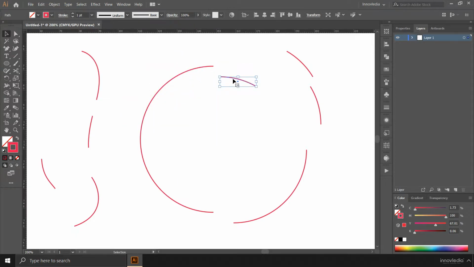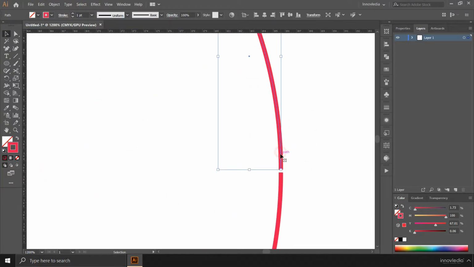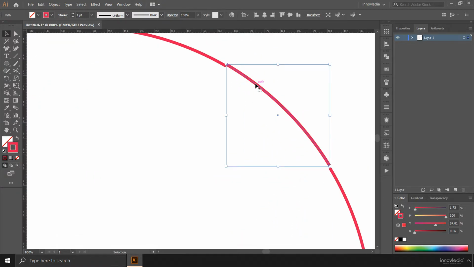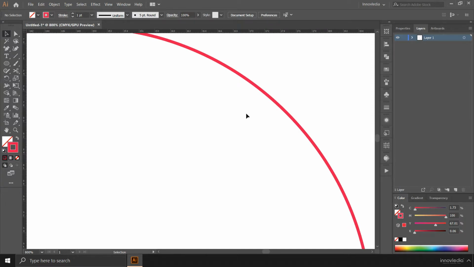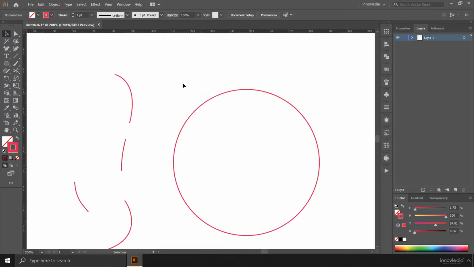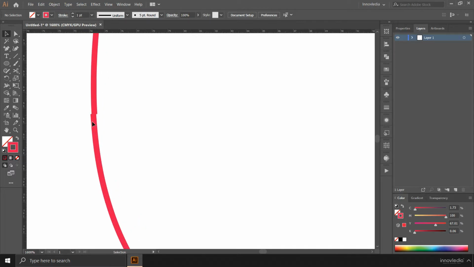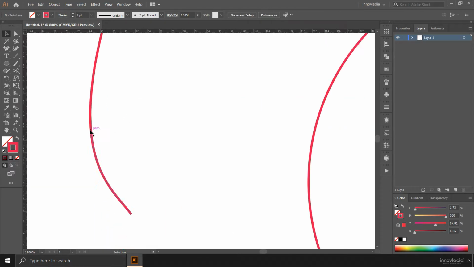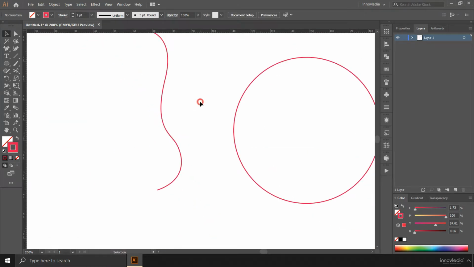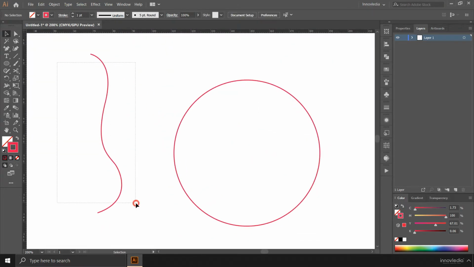by dragging them and moving them closer. I can zoom in to be more precise. The paths must align properly. Alright. Now this shape is complete, but it is still split into segments. Now coming to this path, we can just move it here. We need to align these segments properly. Now our alignment is complete.